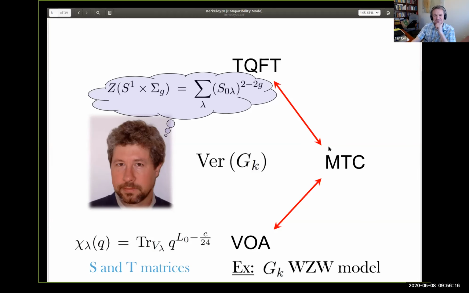But the ingenious insight of Eric Verlinde was that you can also use these S and T matrices, which is all about q-series, modular transformations, and so on, to say something about what the corresponding topological field theories on three-manifolds attached to these modular tensor categories should look like. Namely, he tells us that if you want to compute the invariant that this TQFT should assign to a very special